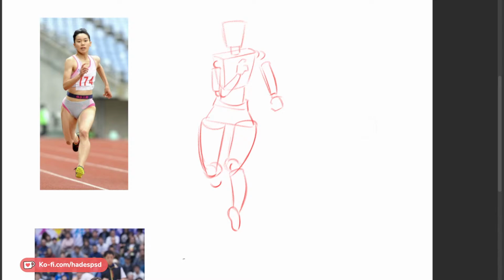Right, that's happened with me loads of times with figure drawing. In fact, let me see if I can find my old figure drawings. I think they're on my hard drive.